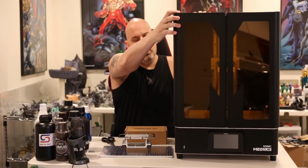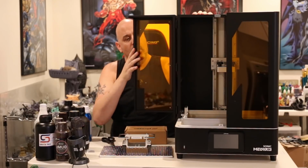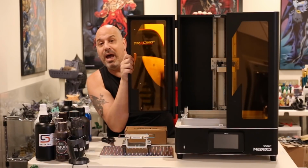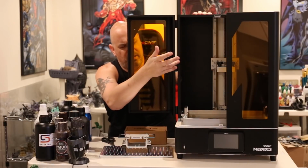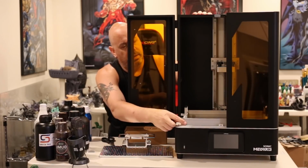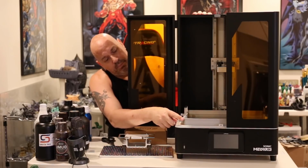I like the way the doors work. Doors swing all the way open if you want them to, which I think is a really nice touch. You can see inside, it's got, as you would expect, a super heavy duty Z, right? It's solid as anything. It's got the build plate. It attaches with screws. It's got the handle. It's got a bed that it fits into, but one thing that's lacking here is the